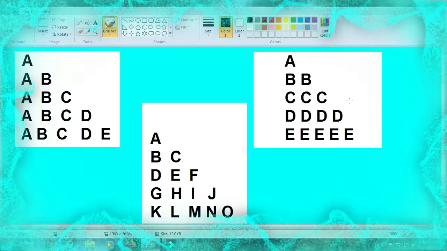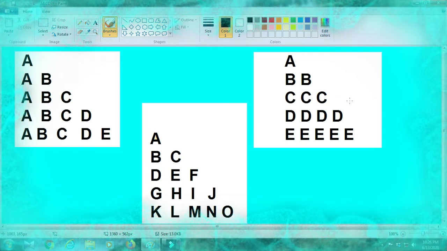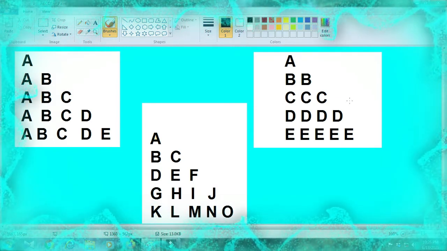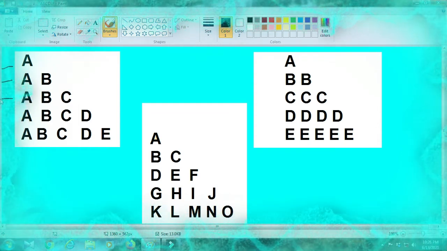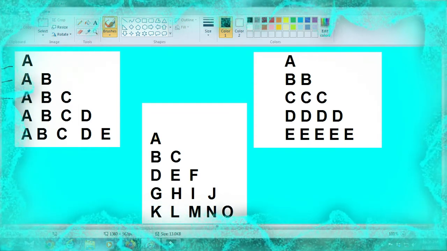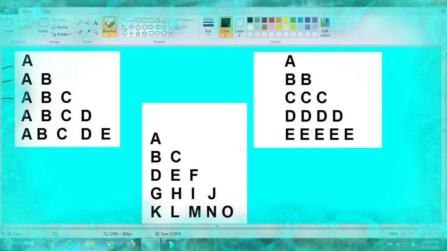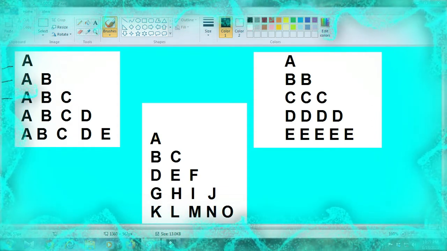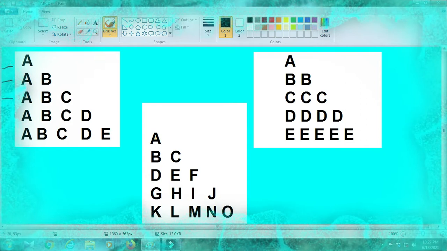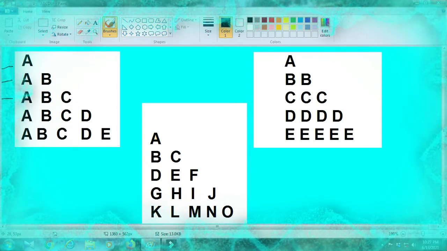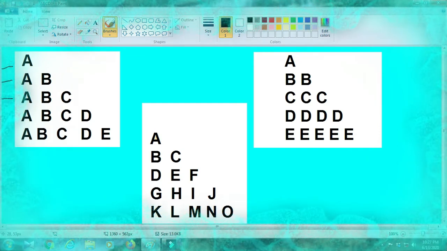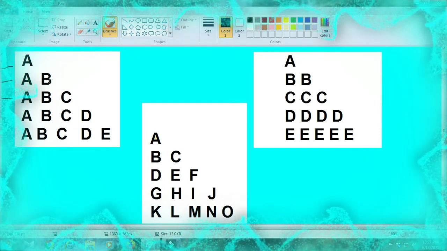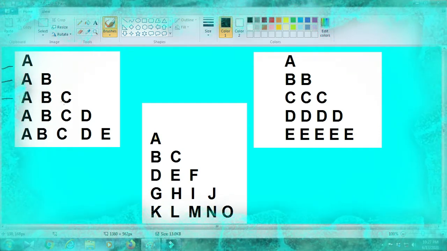First of all, there are a few things we need to understand when we talk about alphabetic patterns. As you can see here, A, B, C, all these letters are capital and are used repeatedly, right? We have already printed numeric patterns. We have seen in other videos that with changes in the loops, we can print different kinds of patterns. So here the concept is we will use two kinds of loops.